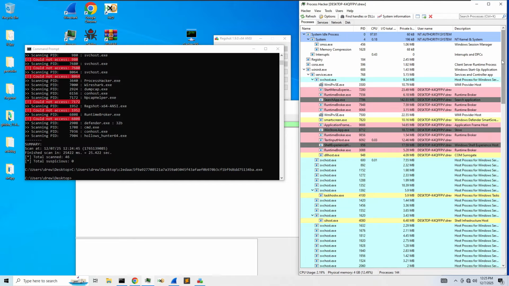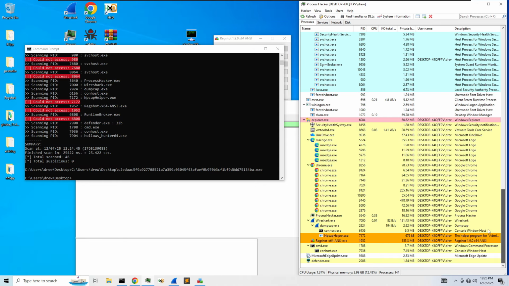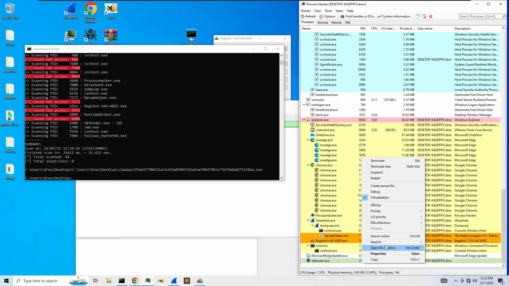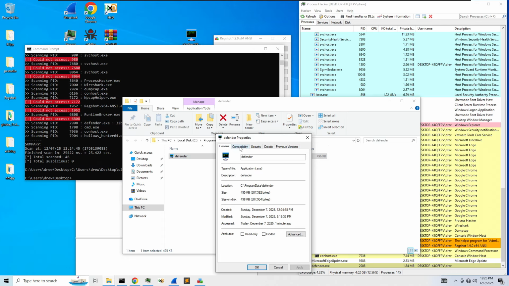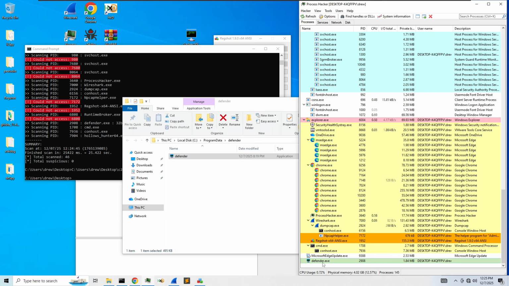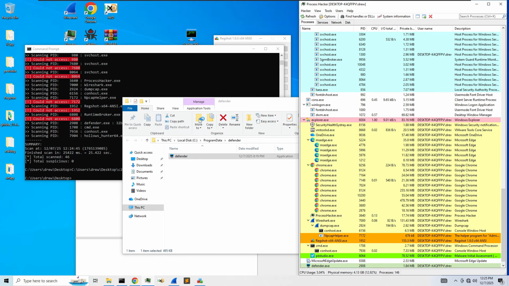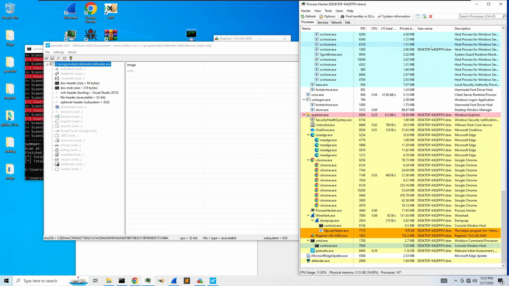That's odd. Oh. This isn't it, is it? Open file location. This has to be it. There's no way. There's a good way to check this. Let's use PE Studio for this. Either it's going to be a copy of it, which is my guess. So yeah, let's pull up